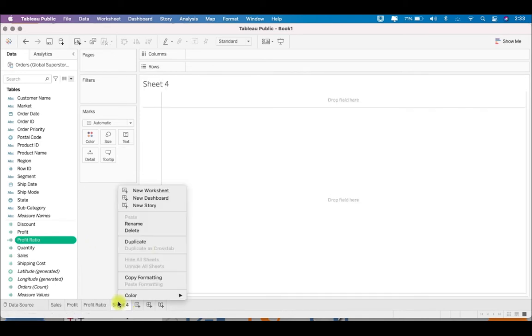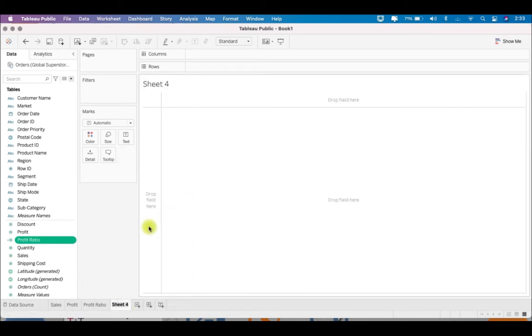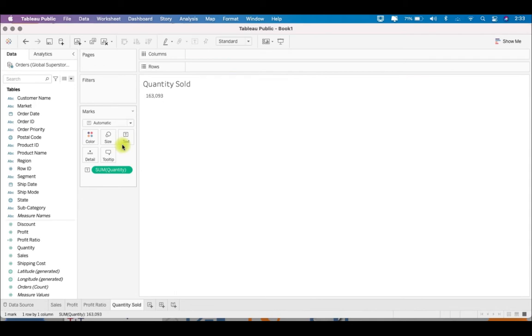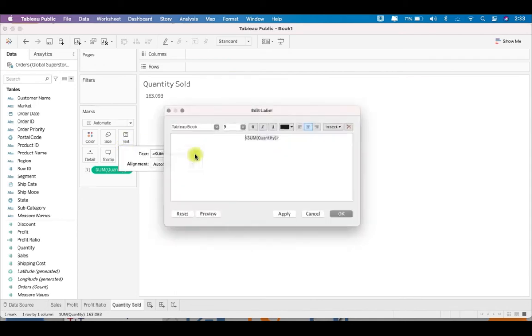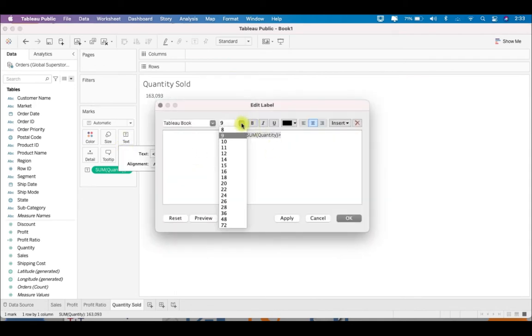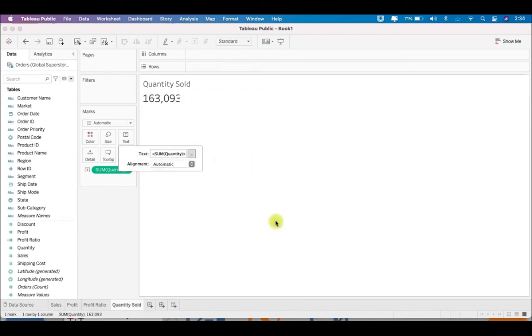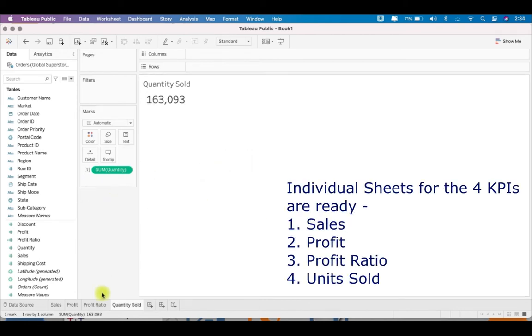And then the last one would be the quantity sold, and this will be quantity over here. Again, let's say this is 20 font. So now all four KPIs are done.